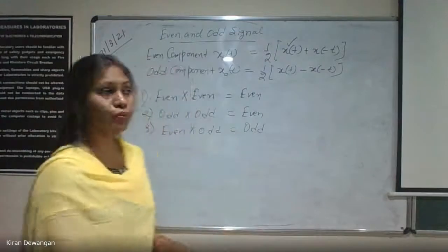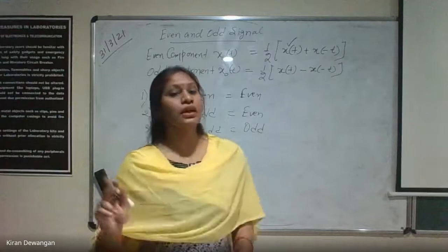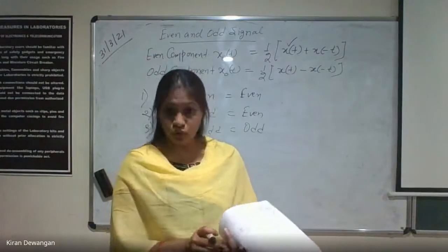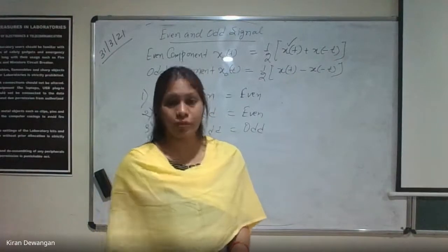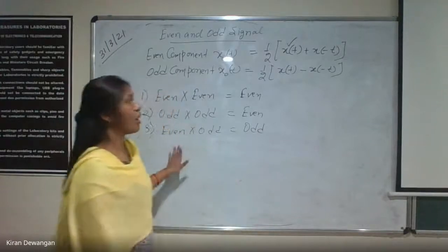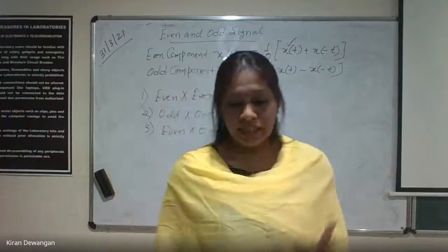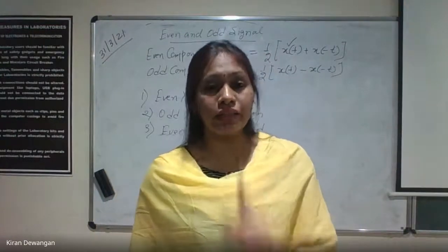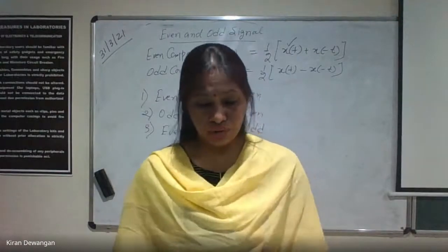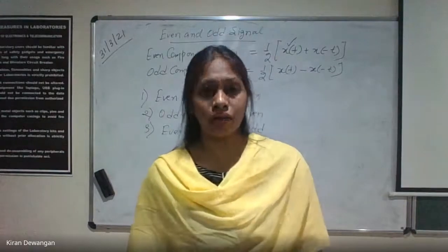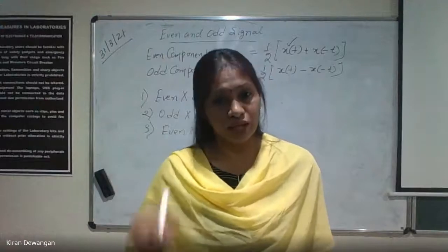Now one more important point is every signal need not be either an even signal or an odd signal. जरूरी नहीं है कि हर सिग्नल even ही हो या odd ही हो. ठीक है, बहुत सारे सिग्नल्स रहते हैं जो आप इवन में भी डिफाइन नहीं कर सकते, ऑड में भी डिफाइन नहीं कर सकते, बट सभी सिग्नल्स को हम इवन और ऑड कंपोनेंट्स में ब्रेक कर सकते हैं. Purely even हो या purely odd हो जरूरी नहीं है, but every signal can be decomposed into sum of even and odd signal. ठीक है, sum of even और odd part में उसको decompose कर सकते हैं.